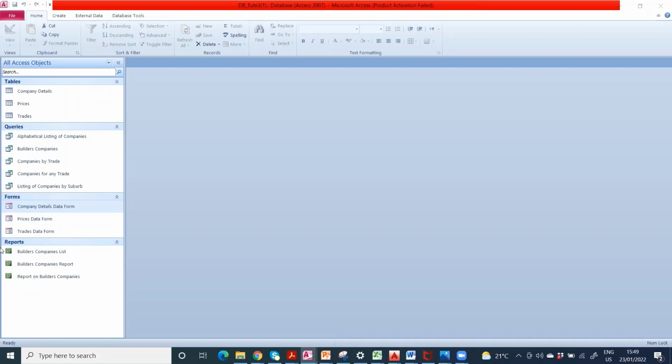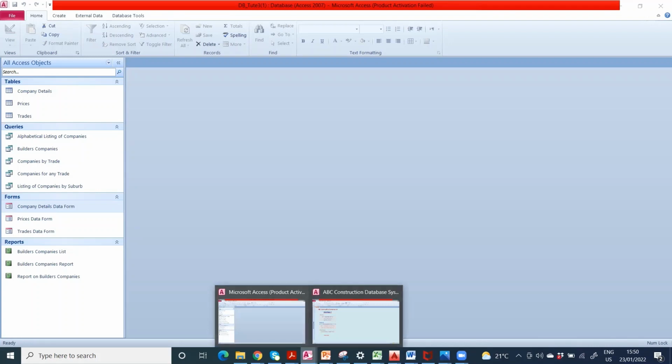Since we have done part one, exercise number one, we can move to exercise number two. And in this exercise number two, what we are trying to do is create a number of buttons using macros. We create a new form called main menu, so that you can easily open queries, forms, and reports. Also create an exit button to quit the database file. Right now, what we're trying to do is create a main menu, right? And we are trying to make some command buttons, macro buttons, to open forms, run queries, and open reports. So this is going to be